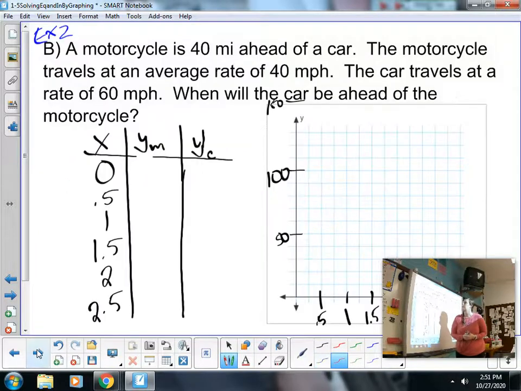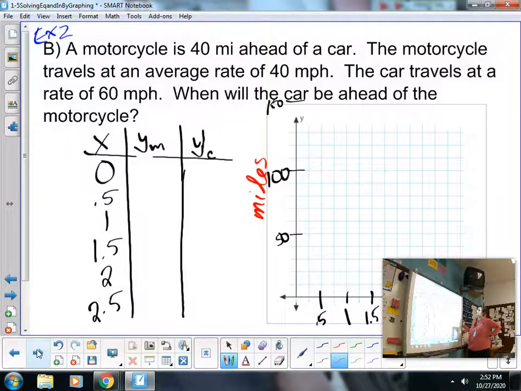The last example we're going to do in this video has to do with a motorcycle and a car. And we want to know when will the car be ahead of the motorcycle? So we know a motorcycle is starting out 40 miles ahead of a car. The motorcycle travels at an average rate of 40 miles per hour, and the car is going to travel at 60 miles per hour. So my miles